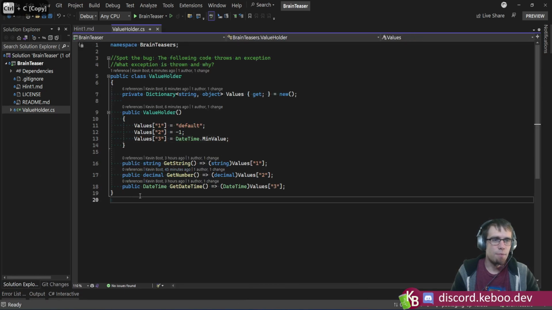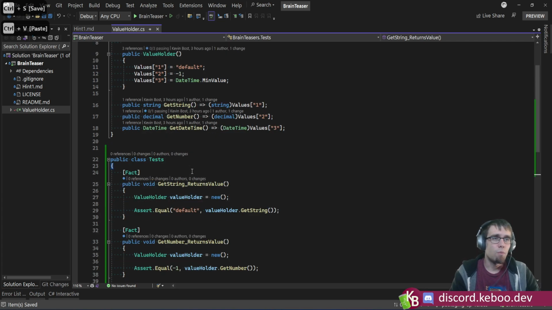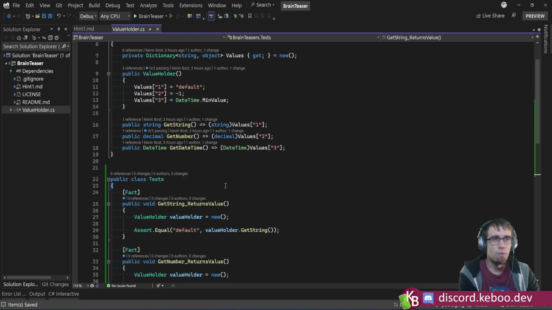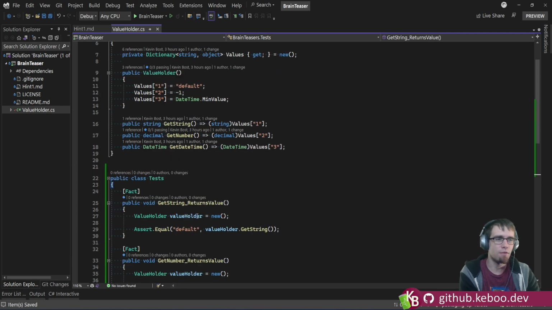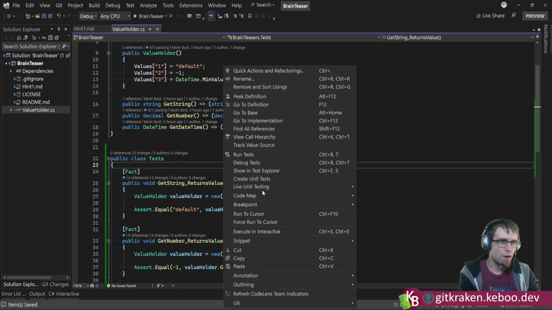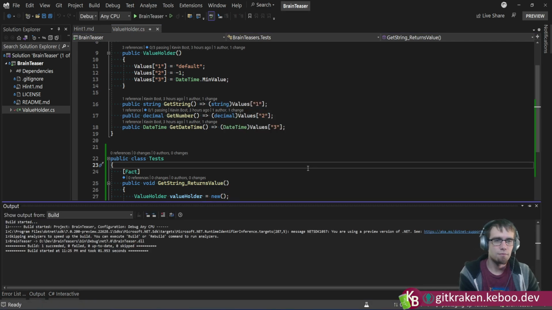So if we drop in some unit tests, what's going to happen is 2 of these unit tests will pass, and one of them is going to throw the exception. You can see all of these things just call the constructor and then call one of the get methods. So the question is, which of these is likely to throw an exception? And if we run the tests,